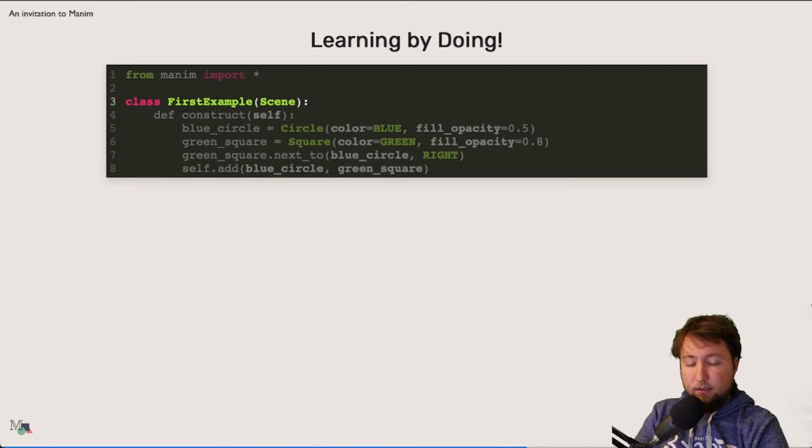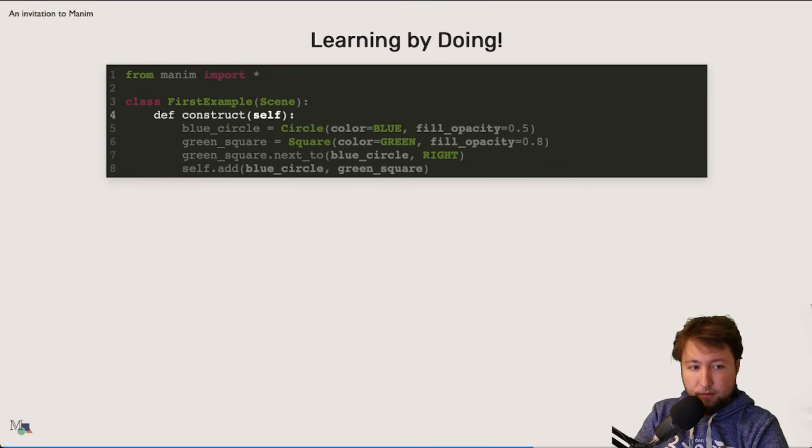Looking at this again, in case you understand something of object-oriented programming, then you will see that we define a class of the name FirstExample here, and this class inherits from Scene, and Scene is a class that Manim provides. So scenes are these special canvas-like structures where our animations will be created on.